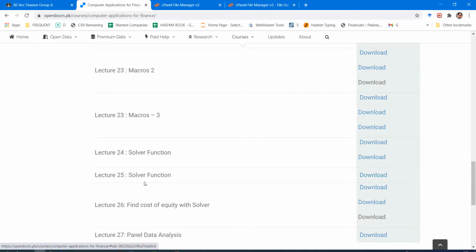So lecture 25, solver function, and click on download. You will get this file.